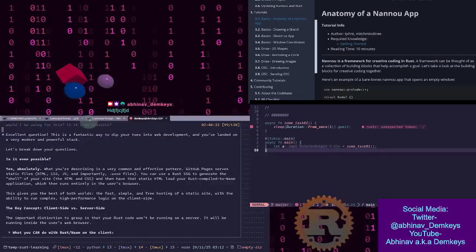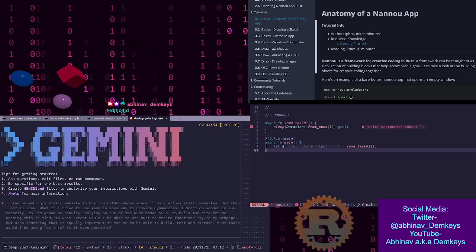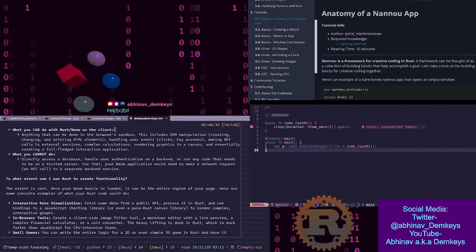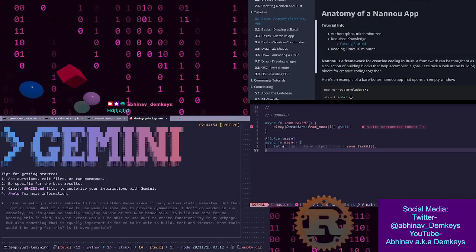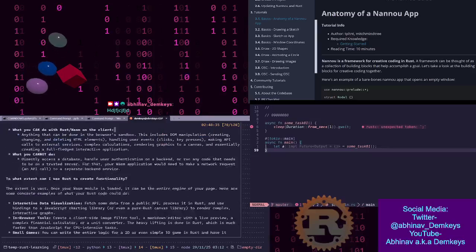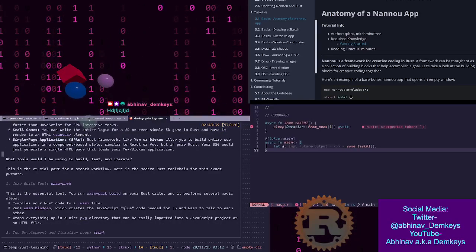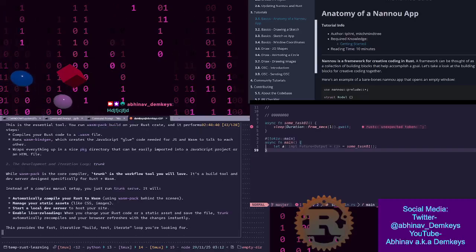I'd mentioned, was it here that I'd mentioned about iteration? Yeah, build, test, and iterate. That's why it's mentioning this. Okay. And I'd also asked what tools would I be using for this? Is it even possible? Okay. Right. So,